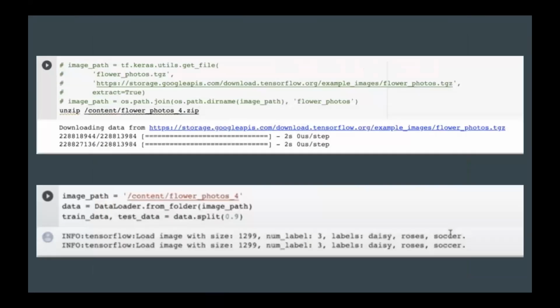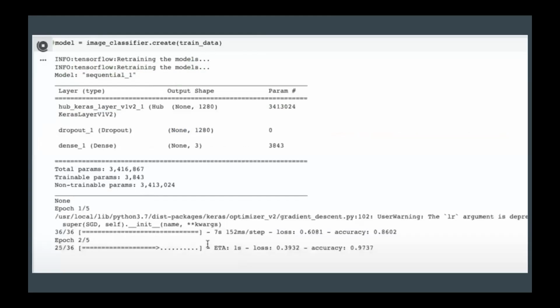And over here, they also need to know how to manipulate the code a little bit. Instead of all of this stuff over here, which I commented out, we would have to unzip the folder of flower photos and then change the image path to this flower photos folder in order to actually utilize this new dataset. We have to run through the code over again in order to finally get our model. After that, we also need to train it, and here's a screenshot of the training. They also need to understand a little bit about what's going on here.